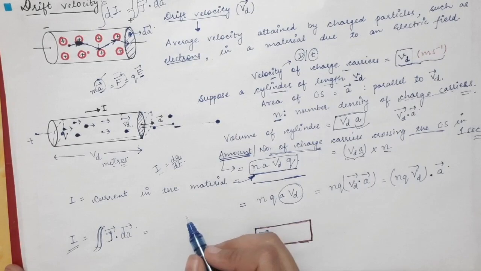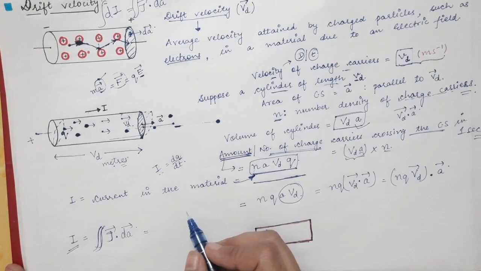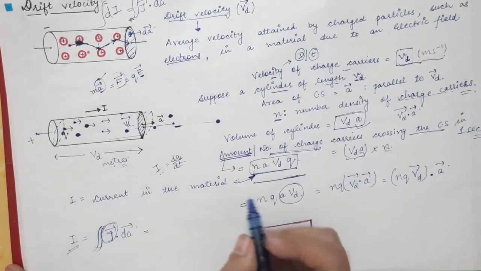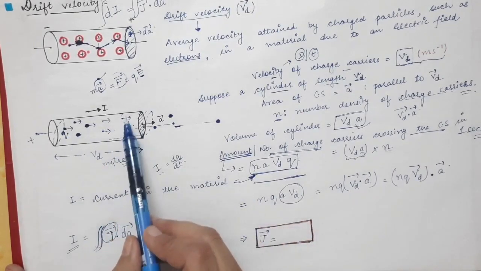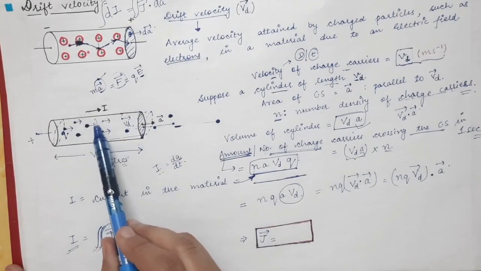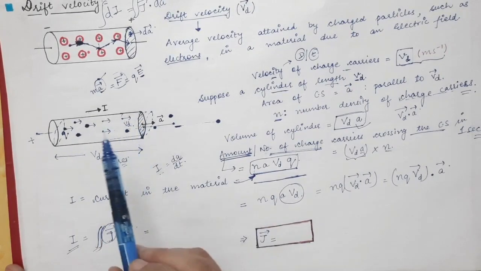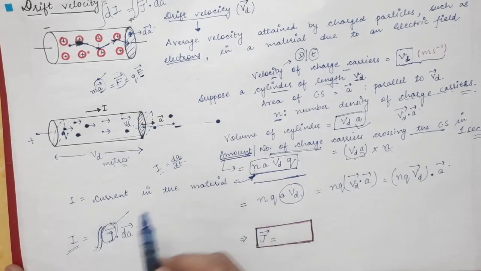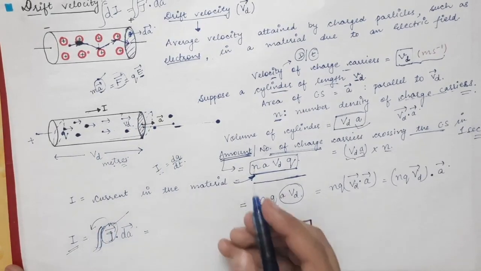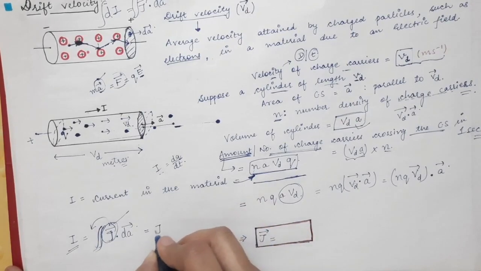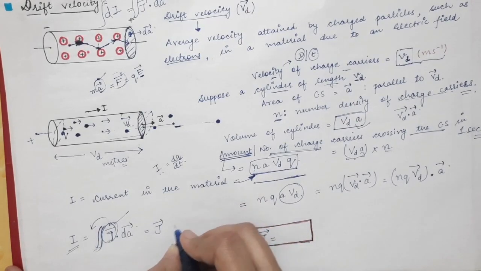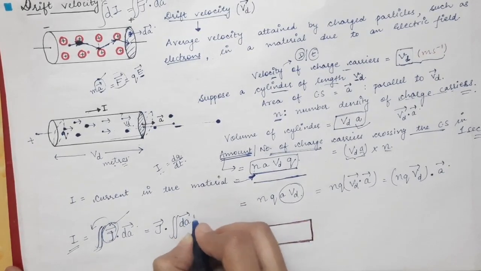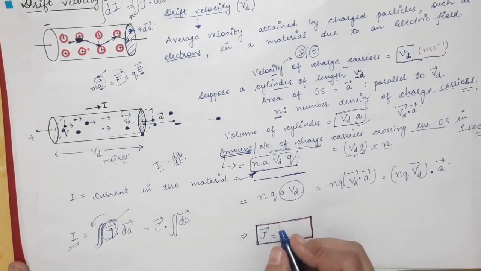And let's suppose that the current which is flowing is uniform. That is, the electric current density is uniform. It does not change with the change in coordinates. So at every point inside the conducting material, it has the same value and the same direction. In that case, we can take this quantity out of the integral. So it will be equal to J vector dot product with the surface integration of dA vector.